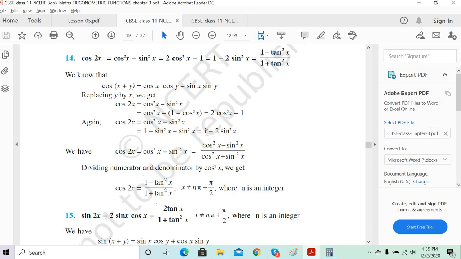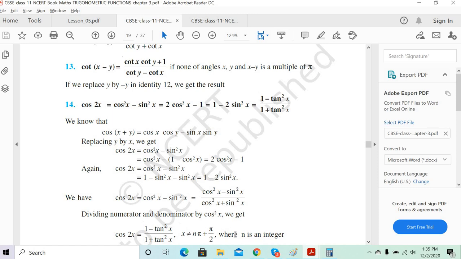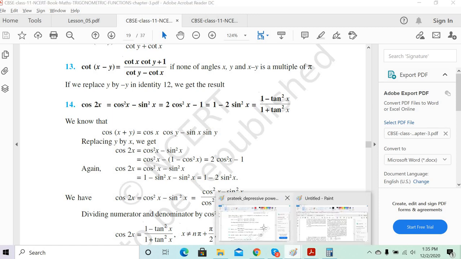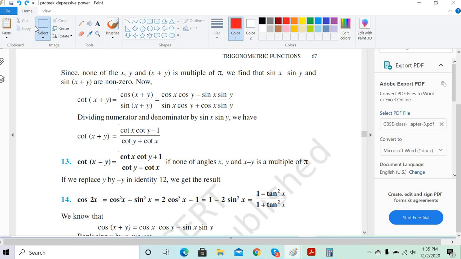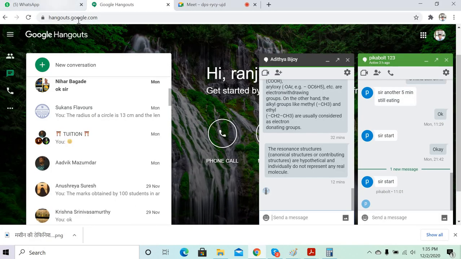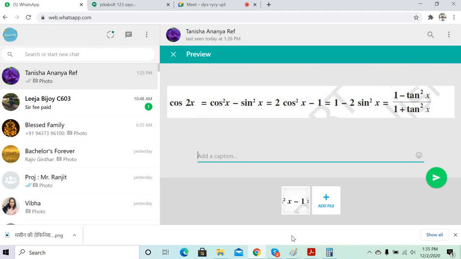No, sir. So basically for cos 2x you derive multiple formulas, and in any of the forms you can represent cos 2x, or cos 2 theta. So this is what we need to remember. Cos 2 theta in terms of cos and sine is cos square x minus sin square x. In terms of only cos x, it is 2 cos square x minus 1. Or in terms of only sin x, it will be 1 minus 2 sin square x. Or in terms of only tan, it will be 1 minus tan square x by 1 plus tan square x. So this becomes a new formula for you. Clear?